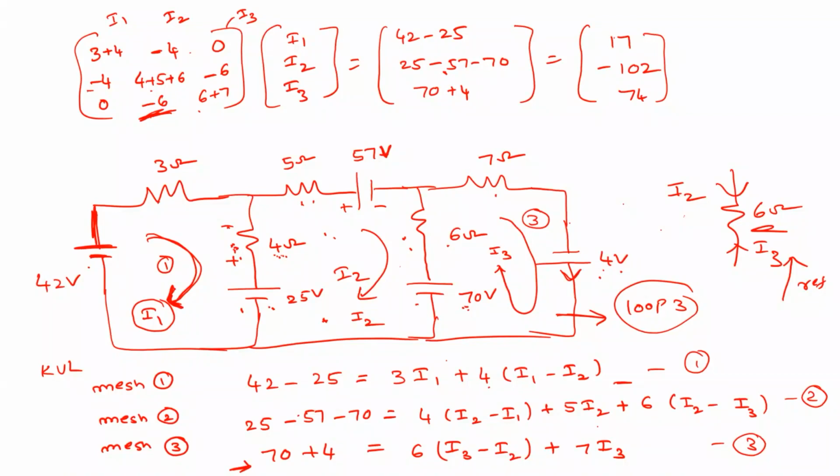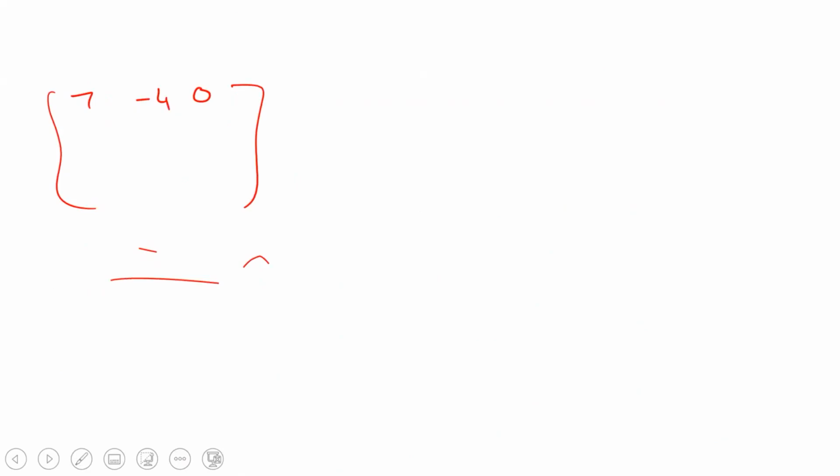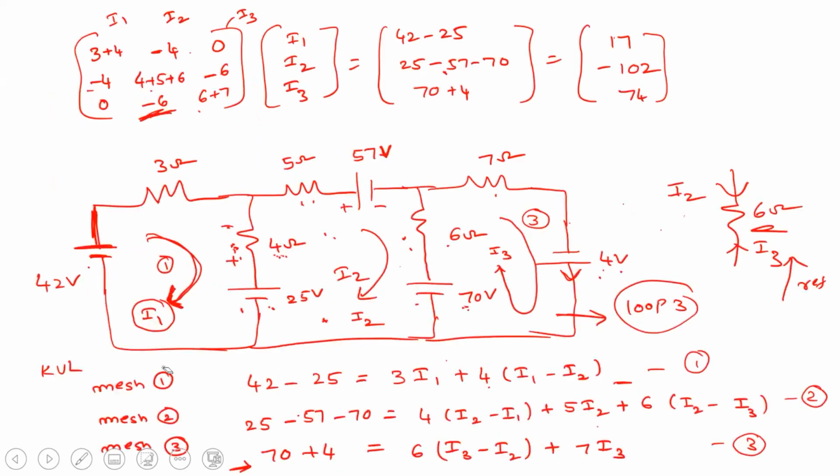You know how to solve these equations, how to find I1, I2 in this matrix? For example, we have Cramer's rule, or finding the inverse. You know Cramer's rule, right? Everyone knows delta. Okay, so you can simply use a calculator, or by using Cramer's rule you can obtain these.